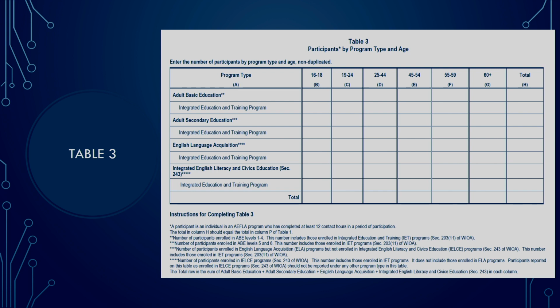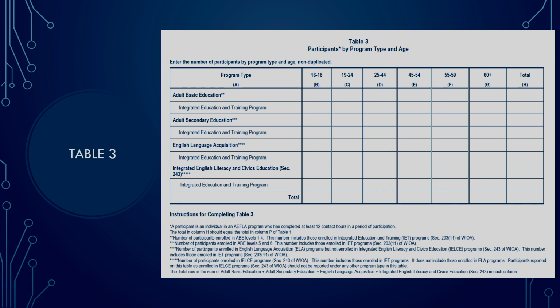Perfect. So if a program was awarded the IELCE grant, there's a flag inside of Utopia that I activate, and what this does is this allows programs to identify the students as being a recipient of these funds. So if a class is being funded using these IELCE funds and the student is going to participate in that, there is a flag that you need to mark on these students. That takes primary over whatever their testing is,